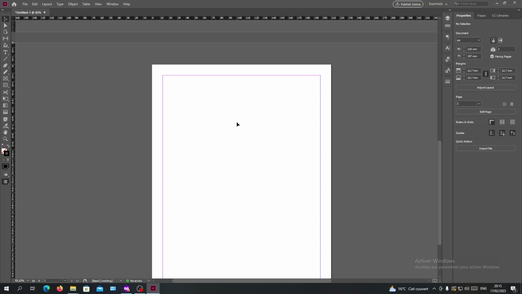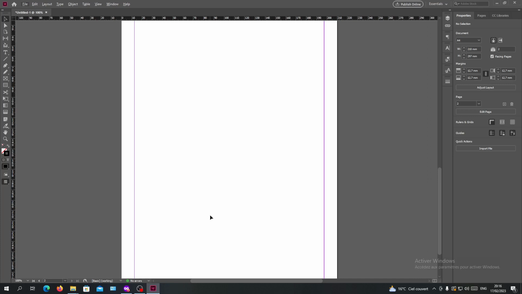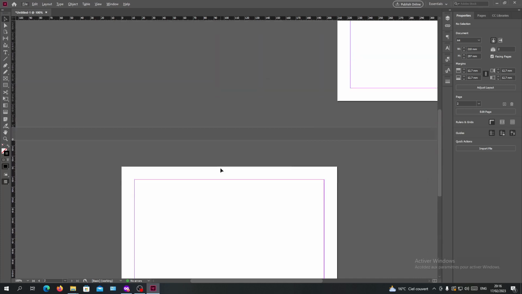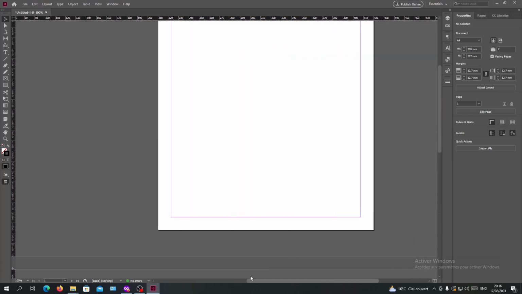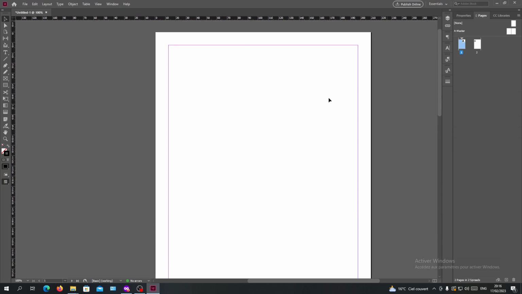Hello guys and welcome to another tutorial, and today I'm going to show you how to do a drop cap in Adobe InDesign. So the first thing that you will need to do is to open your document and follow these simple steps. So basically, this is my empty document, and now I want to add a drop cap,